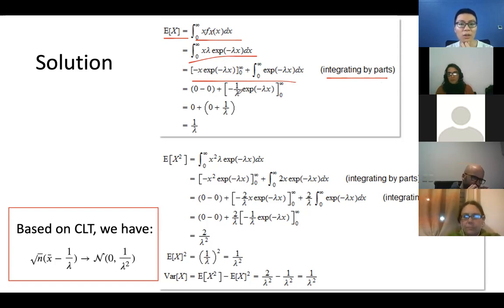Okay. So this is the integration by parts, which means you treat one part as constant and integrate the other part, like this one. This is the trick you should have seen in your calculus class. And here you get the result. It's just calculus when you do it step by step.